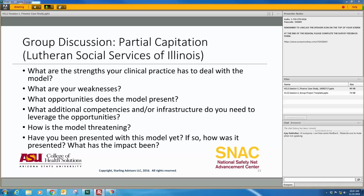I thought I might share just another example from California. Starling works with the California Primary Care Association, and Amanda and I actually both used to work with them as well. Amanda, you mentioned earlier the payment reform pilot that the Primary Care Association and several health centers in California are working on in partnership with the State Department of Healthcare Services, where the model is going to cap the PPS rate. I think it might be interesting for the group to hear how a statewide partial cap program is rolling out from the readiness perspective,